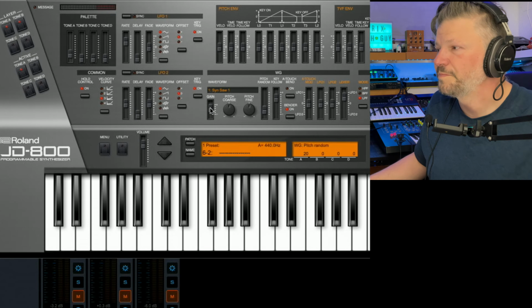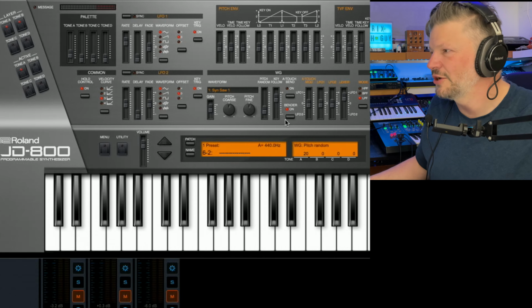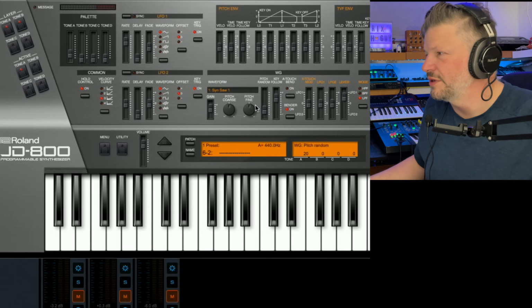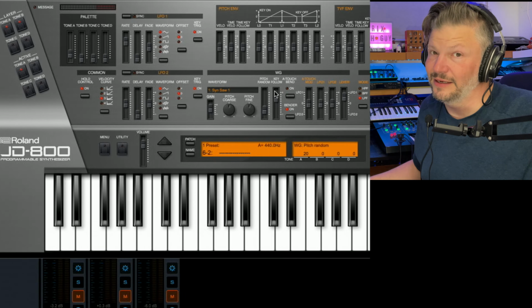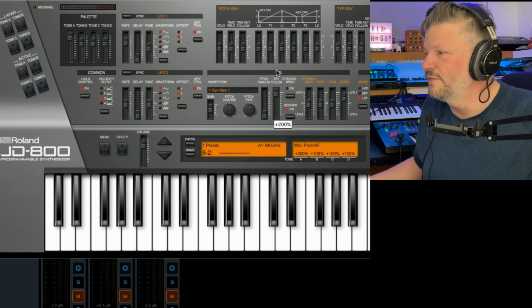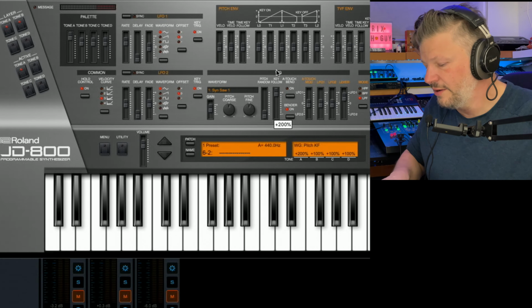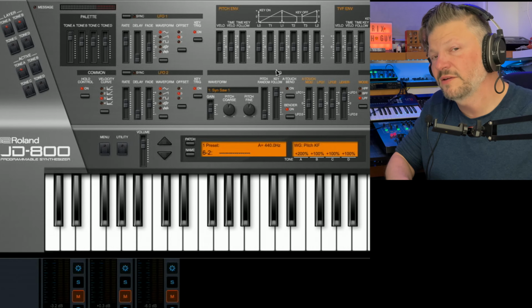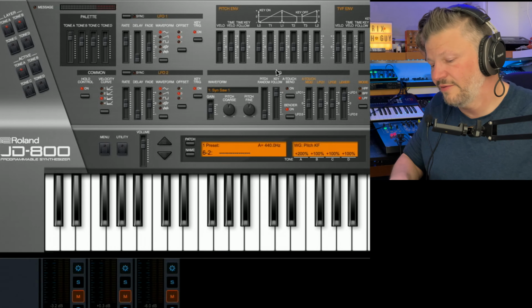Well, that's pretty cool. So that's kind of the logic between how you want to use this. Another thing that is important here is key follow. That is really a key interesting feature in here. You can add key follow of 200%, which means that when you go high up the keys, you're going 2 octaves in the space of 1. So every key,